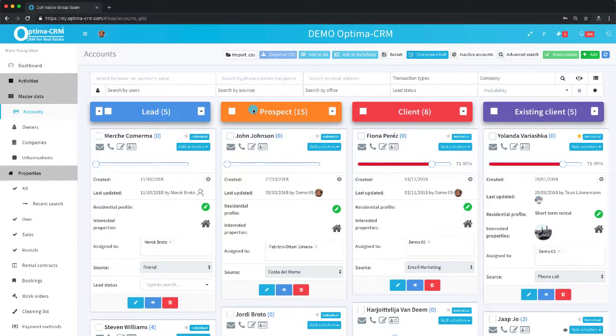At this point in time, typically what your agency would do is send properties that are relevant to this account to create an interest with the hopes to be able to present that property in person and then to close the deal. The moment that the prospect decides to come and see properties that you're presenting, then basically they become